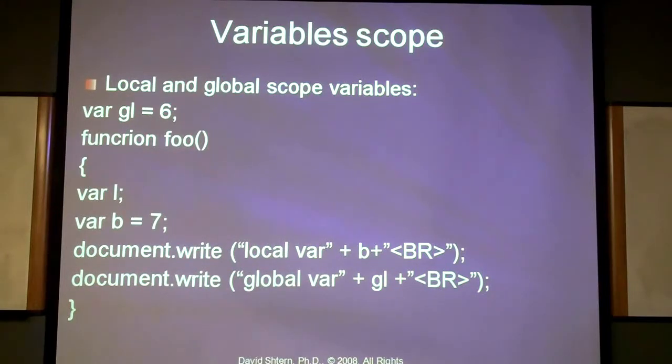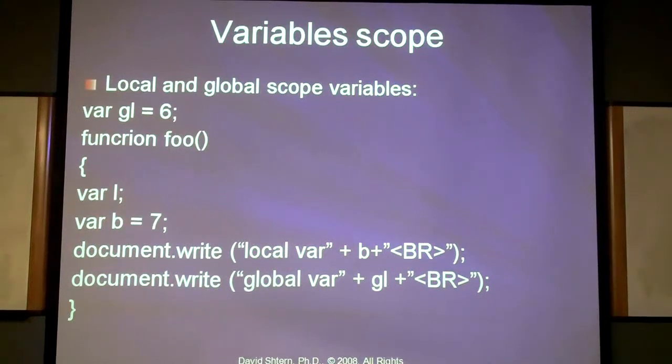So JavaScript allows us to imagine that this is code. Don't go deeper into this, we are not there yet. Just imagine that we have a list of instructions here, and JavaScript allows us to pick up several instructions, make a block, and give it a name. These instructions, which I want to specify and name, I separate using these curly brackets. You may have an instruction which follows, or which precedes, but this block of instructions is called foo. Within the curly brackets of foo, I created two variables which I called L and B. L is not assigned, B is assigned 7.